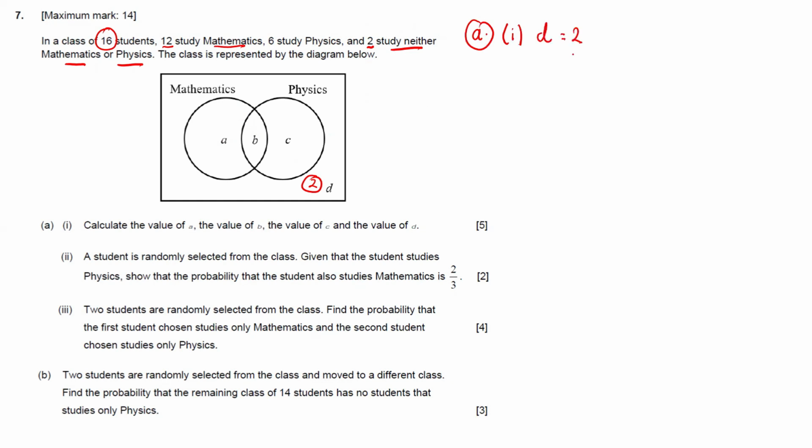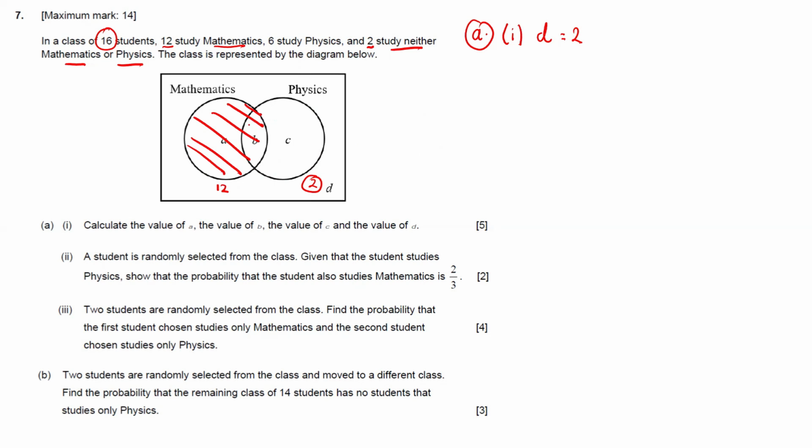Okay, if D equals 2, it means that everything we have on the inside is going to be 14. So A, B, and C are going to be 14. Now, if we see 12 study math, it means right here A and B is 12. Okay, A plus B is 12. I'll write it outside here. And then we have